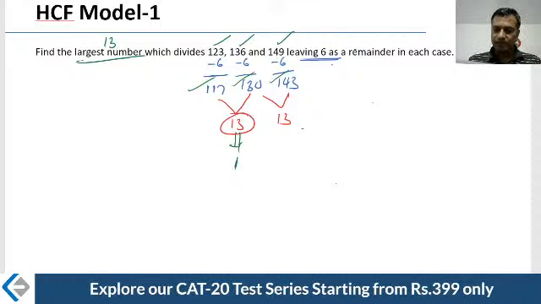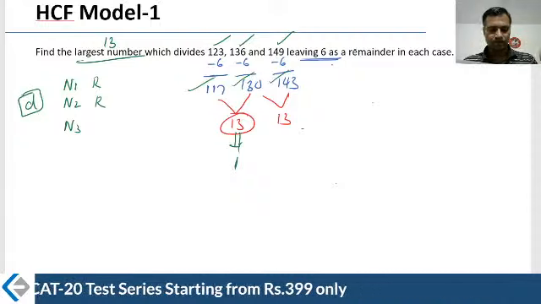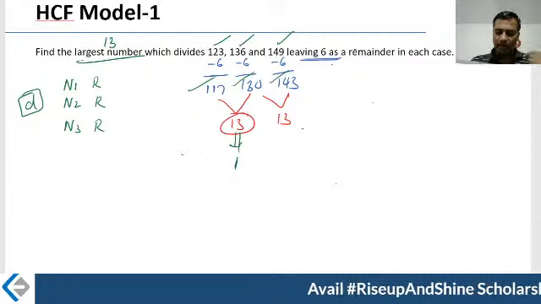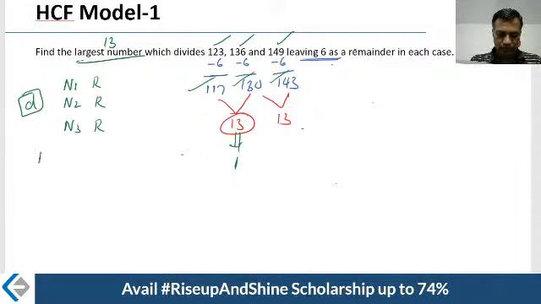Right, it divides. The largest divisor you want: you have numbers here. When the divisor divides the first number, it leaves the remainder R. The second number leaves the same remainder R. The third number leaves the same remainder R. In that case, what are you supposed to be finding? You are supposed to be finding the HCF of N1 minus R,